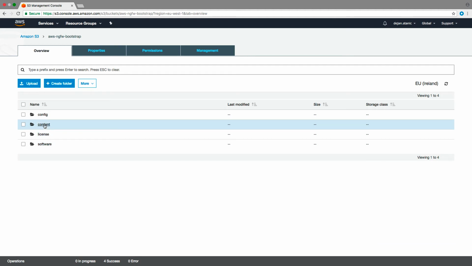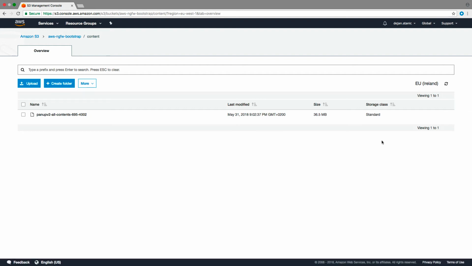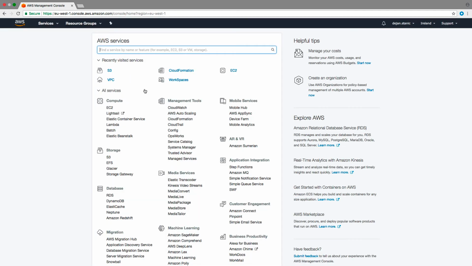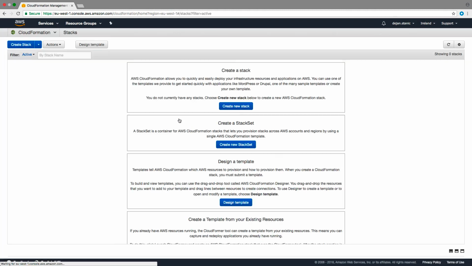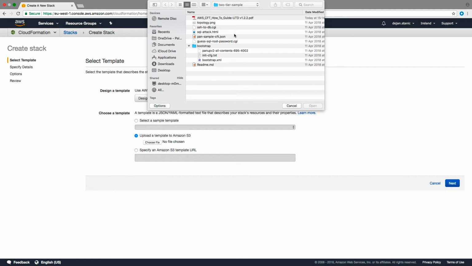Now that we finished with the upload of the content, we actually finished all the preparation of bootstrapping, and we are ready to proceed to the deployment of CloudFormation Template. And we will start by going back to AWS console. There we will select CloudFormation, create new stack, and choose file. This will take us back to our 2-tier sample folder, and there you will find